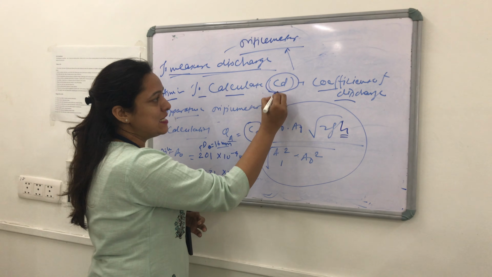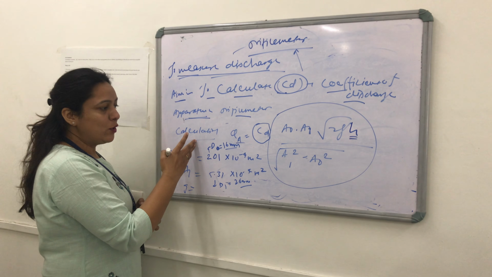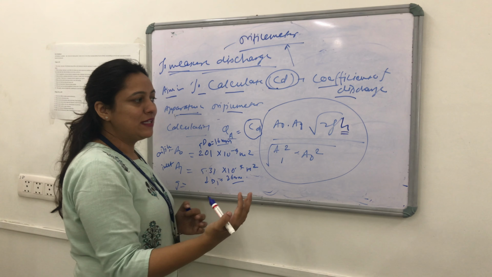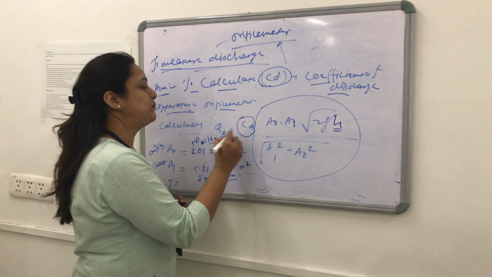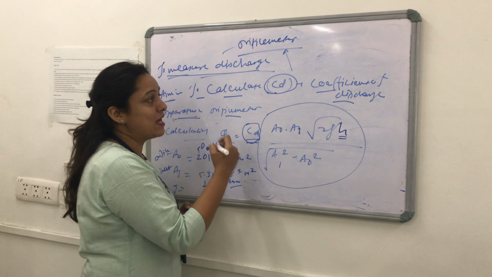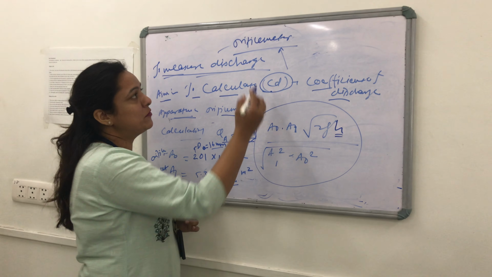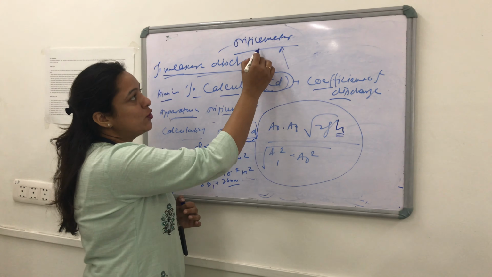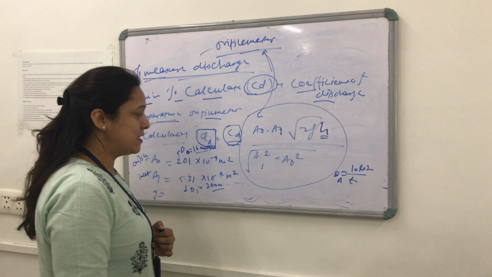Now the apparatus that we are going to use is the orifice meter over here, and if we go for the calculation, what is the formula that we have discussed in the lecture for the coefficient of discharge, where the vena contracta is being developed for the orifice meter. So it is given by this formula, where QA stands for Q actual, or the actual discharge that we have calculated, meaning how much time is required to fill 10 liters of the tank. It is going to give you the actual discharge.